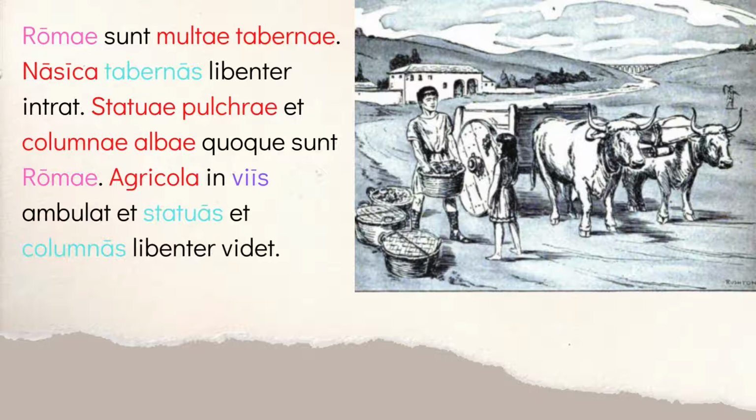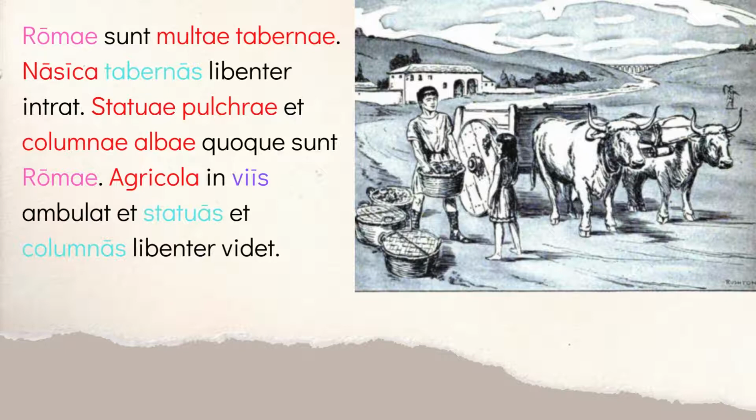So again, when we have a city or town, and we're trying to express this idea of place in which, right, where something is happening, that's when you use the locative case. And the locative has that AE ending. It looks exactly like a genitive singular. So we're saying in Rome or at Rome. In Rome probably works best here. In Rome, there are many shops, right? This is an example where the locative comes in, but even if you didn't know what the locative was, you could probably figure out that you're trying to say where the multae tabernae are, where the many shops are, right?